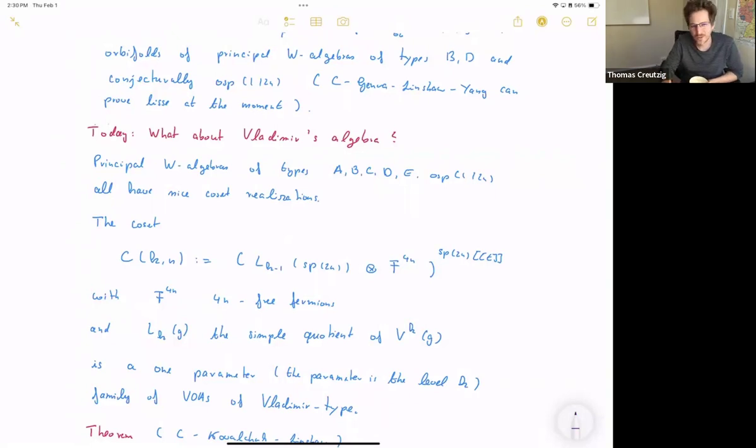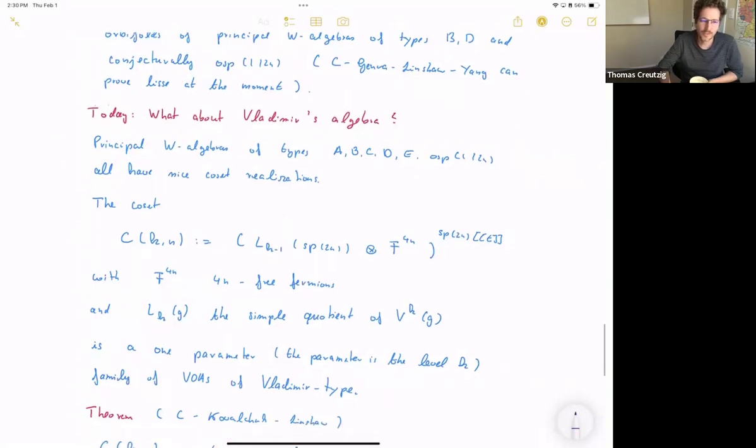In particular, it is in fact a one parameter truncation subquotient of the algebra that Vladimir has constructed. So I always call it of Vladimir type, and Vladimir told me he doesn't like to be so prominent. One could also call it a rectangular W algebra of type C1. Anyway, there will be a good name over time.